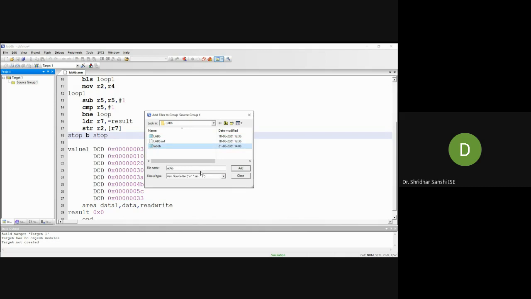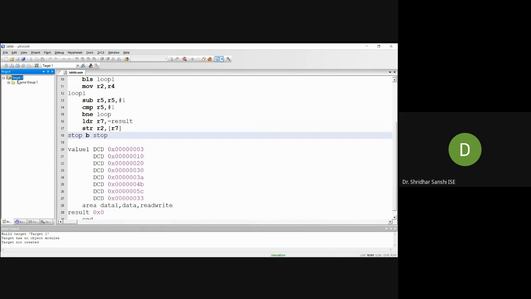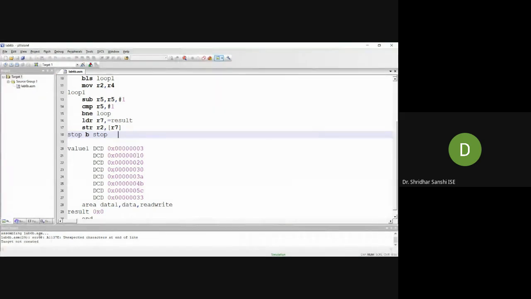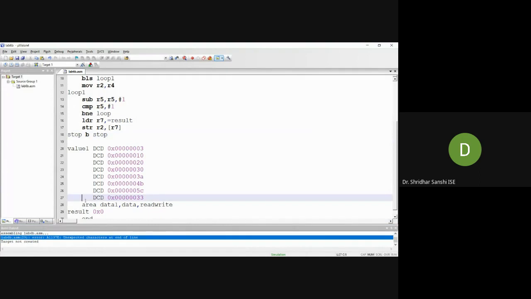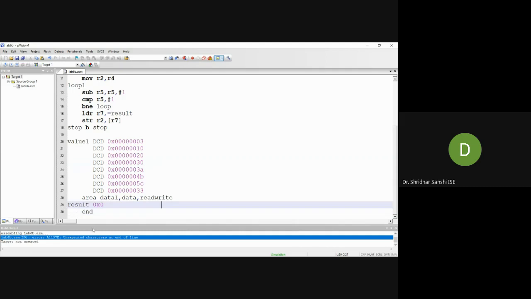This is lab 6B. What is the error here? Can you tell?